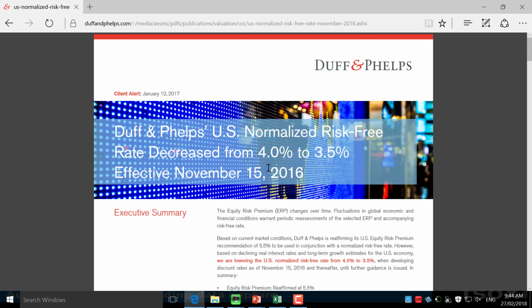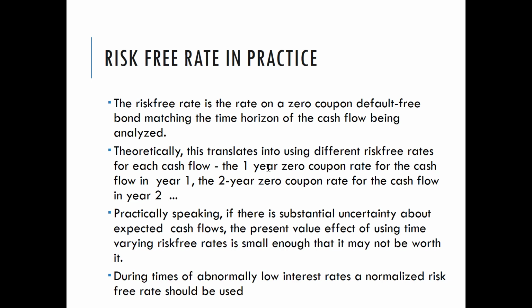So again, in real life, you would usually use this number because Duff & Phelps says so. What Duff & Phelps would have done is gone back for the past 50 or 100 years, or however long they could find the data for, and figured out the average risk-free rate. And the idea is that by doing so, you can figure out what is a normal rate for the risk-free rate. Because if you're using an abnormally low or high rate, it's going to impact your end